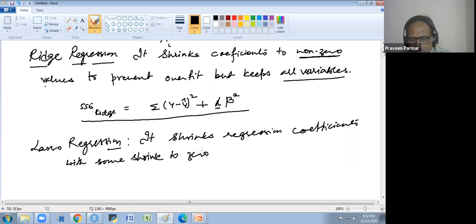Thus this also helps with feature selection. With some coefficients it converts to 0, so they will not be involved in your model. If the coefficient is 0, it removes that variable. Got it? So wherever you have coefficient 0, the feature will be removed.